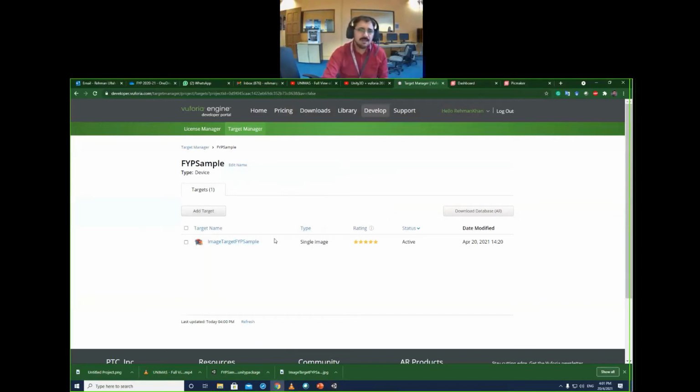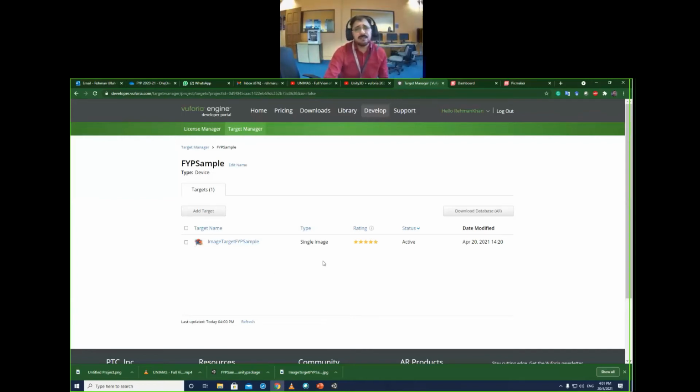Once you add them, Vuforia engine will process them and generate a feature database. It actually extracts features from the image. So it works best if there are very clear features. Features mean lines on the image, distinct colors, different sections of the image which are quite separable from each other on the basis of color and edges.